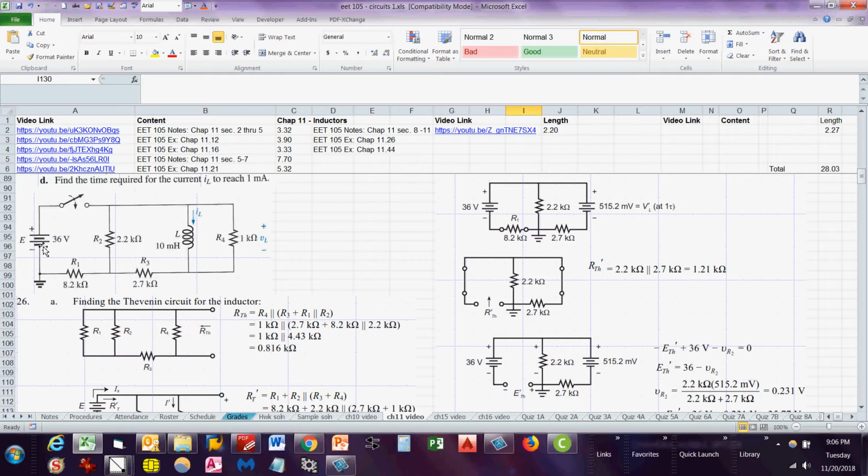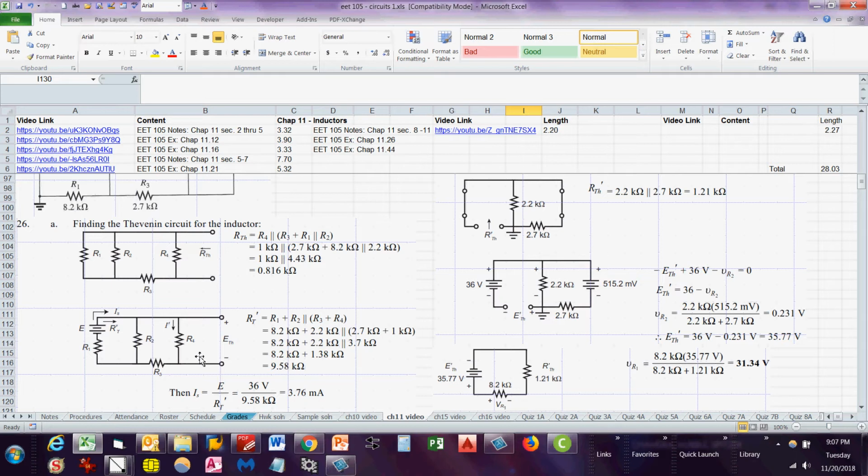With this switch closed and this shorted, this is the Thevenin equivalent to find a resistance. It's R1 in parallel with R2 plus R3, and all of that in parallel with R4, which is 0.816 kiloohms. Then the E Thevenin would be putting the source back in, finding the RT, which would be R1, R3 and R4 in series. Those are in parallel with R2 as shown here, and then that's in series with R1, so RT is equal